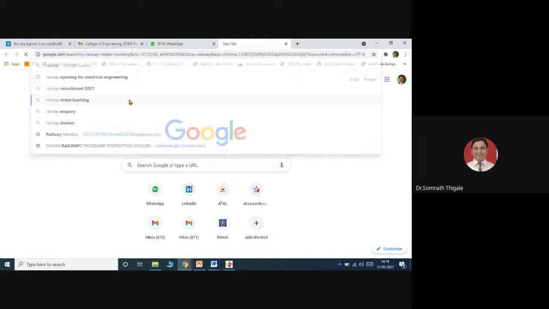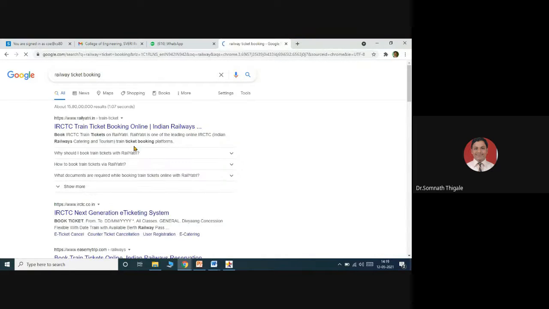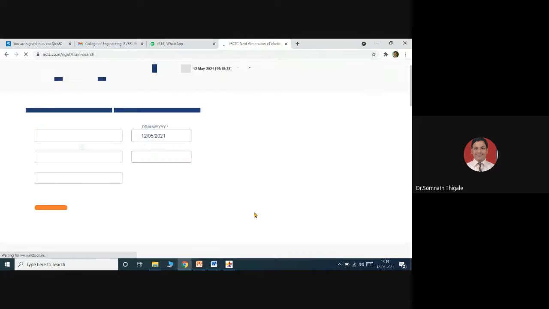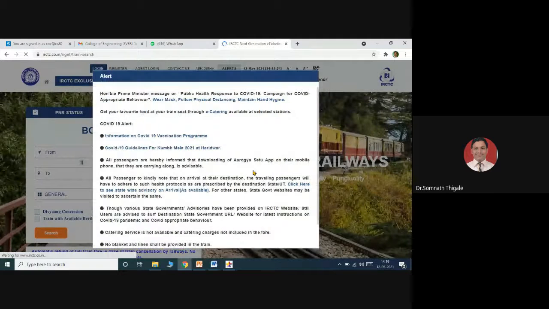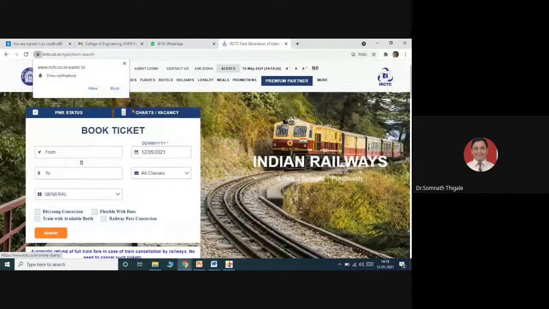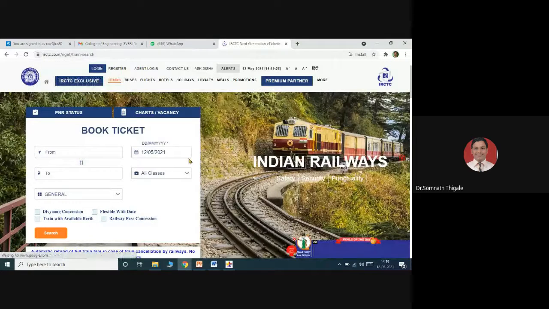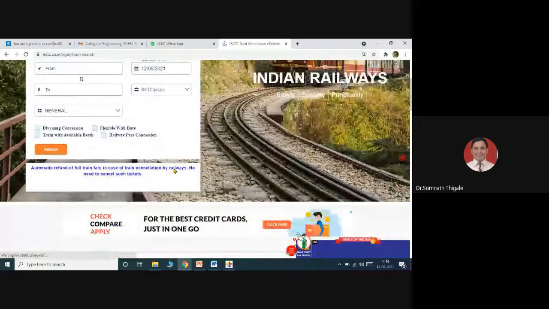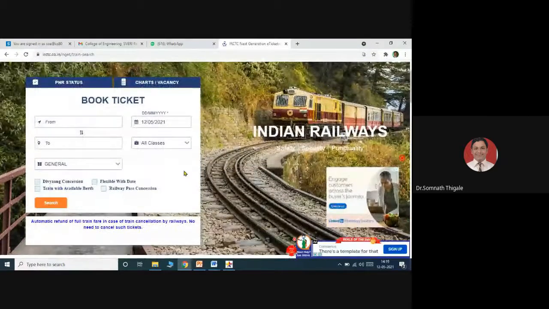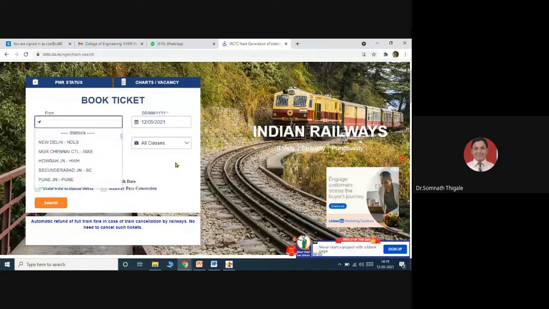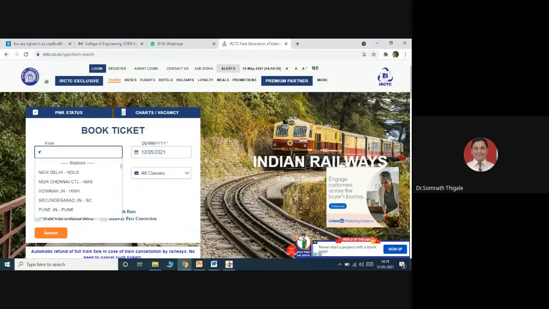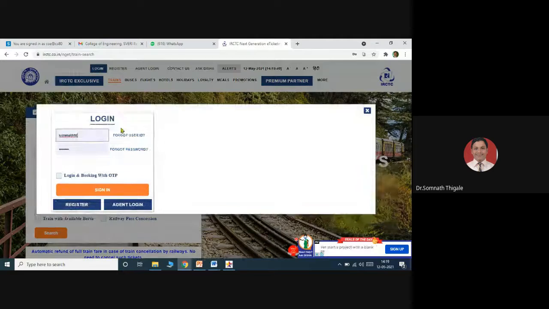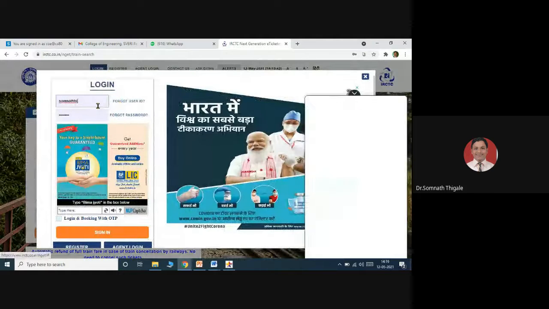Railway ticket booking. To book the ticket, I first need to perform the login operation. You can read over here, login.